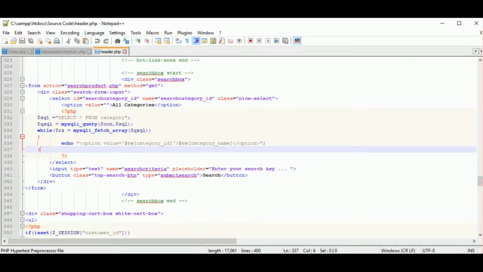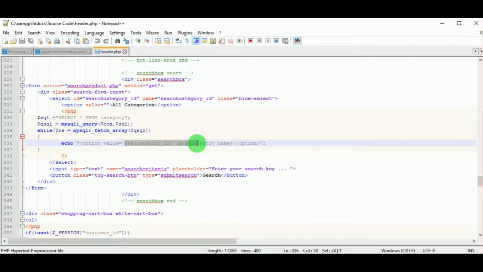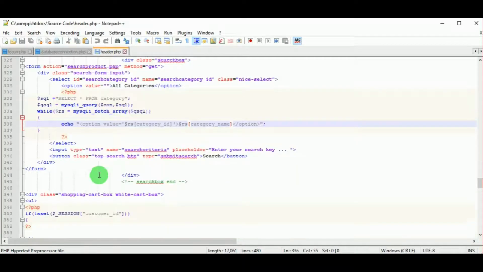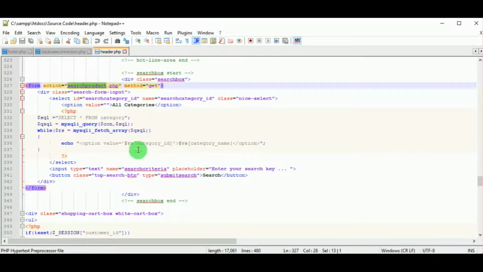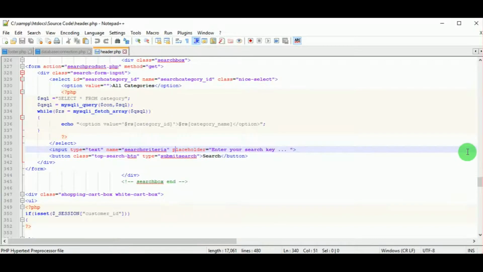These options are stored in the database in the table category, and using the select clause, that is select star from category, it will display all the values that are present in the database. But here we are displaying the category name and category ID. Then on clicking the search button, the form will be redirected to the search.php file, and whatever you type there will be searched in the database.